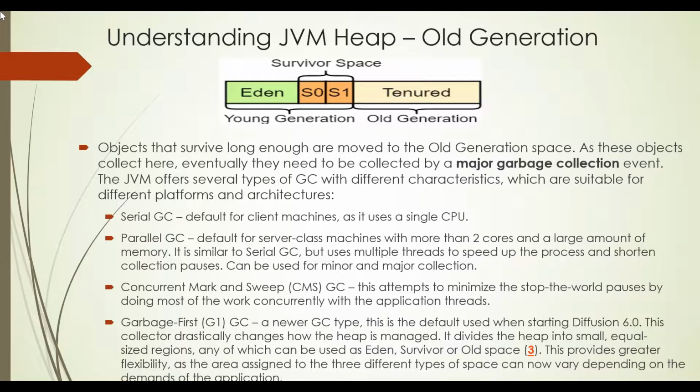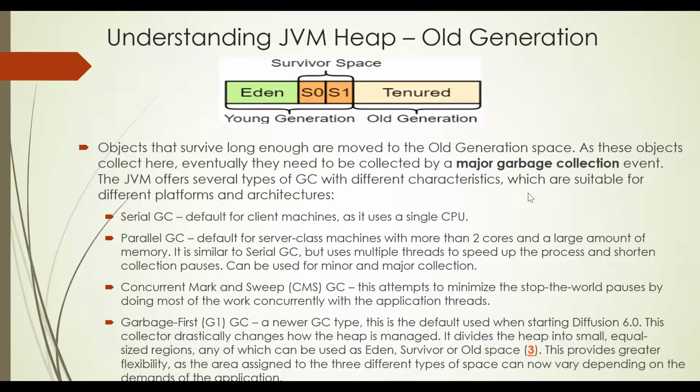So whenever that specific threshold is met for your old generation heap memory, it will start the full GC. When a full GC starts, it will wipe all the generations. It will collect the garbage from Eden space, survivor space, as well as from your old generation. That's why it takes slightly more time than the minor GC.